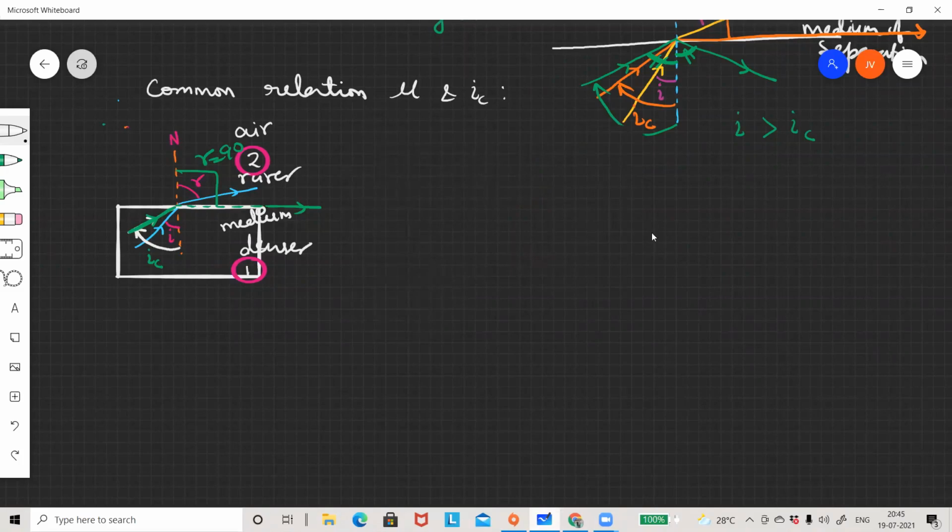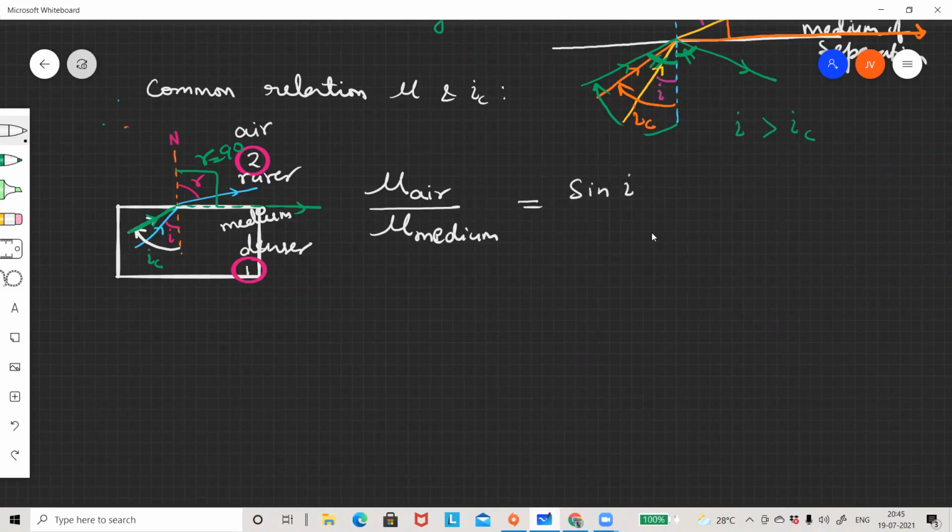Okay. Denser medium is first medium. Rarer medium is second medium. Then refractive index of a second medium means what? Air to refractive index of the medium. Yes, this is the mistake that I did. So refractive index of second medium means air to refractive index of the denser medium is the sine of